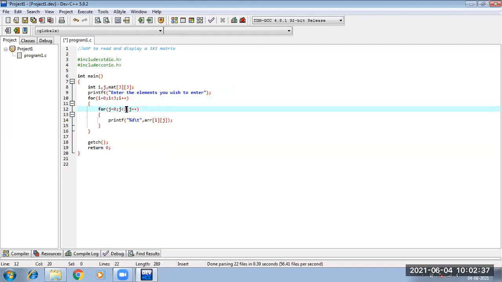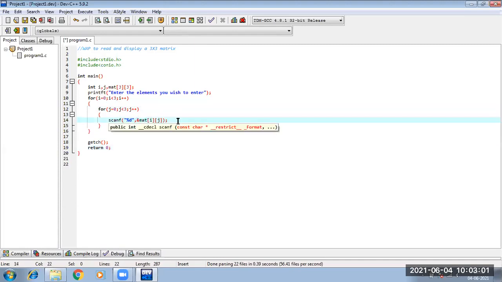The value of row is 3, the value of column is 3. So inside this, all this is happening, and in between I am taking the values from the user. So there will be one scanf statement, and there will be ampersand mat ij. Fine.